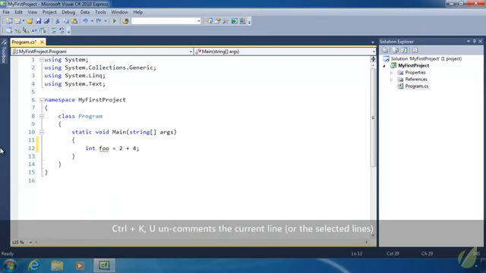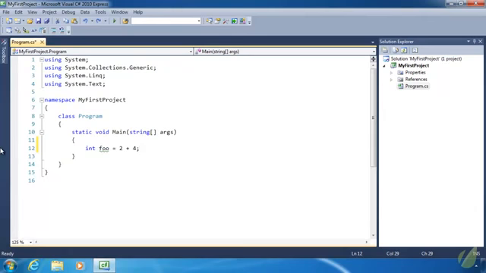Okay, so getting back to our math here. On the right-hand side of the equal sign, that would be called an expression. We have, in this case, a mathematical expression, 2 plus 4. And it is primarily executed from left to right. So it takes 2 and then it adds 4 to it. So if we add